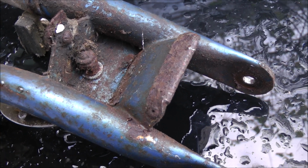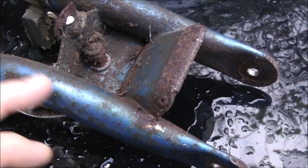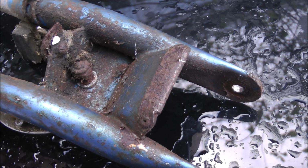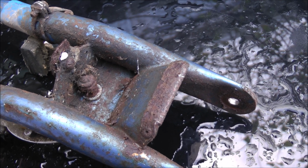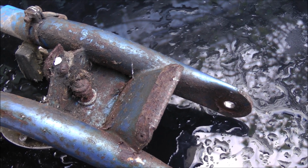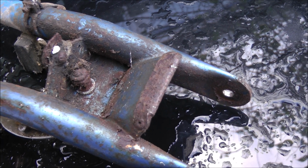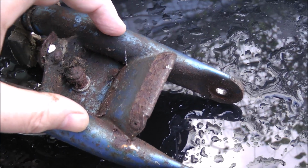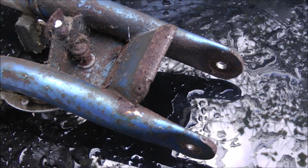Welding might be a bit too extreme for the forks. It tends to get a strong weld, but it weakens the area around it, especially on old metal. Shouldn't, but it does. There's no science behind it. It just, that's the way it happens. Well, there probably is science behind it, but I'm not going to look into it too deeply. But yeah, I shall get myself some brazing kit and braze on a couple of extra plates to strengthen that,